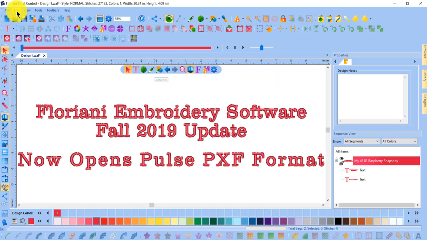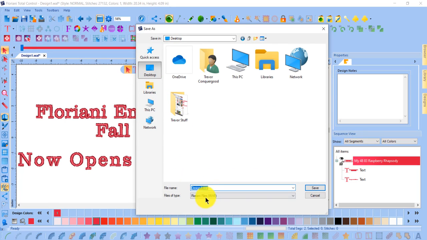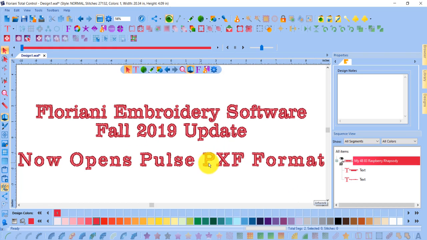And so when you save your design file and Save As, let's just pretend to our desktop, as design1.waf. That is our Floriani true outline file. However, starting with the Fall 2019 update, we can also open the Pulse PXF, which is another type of true outline file. And so the point is, maybe your friend has a business or a school or a church and